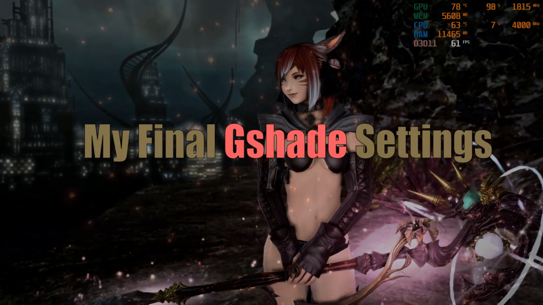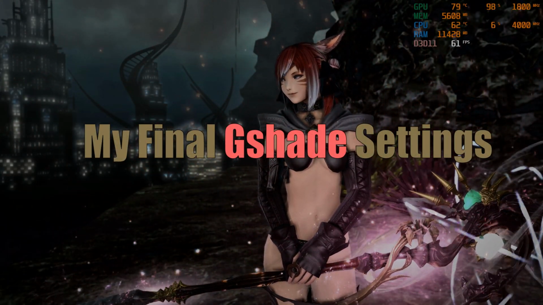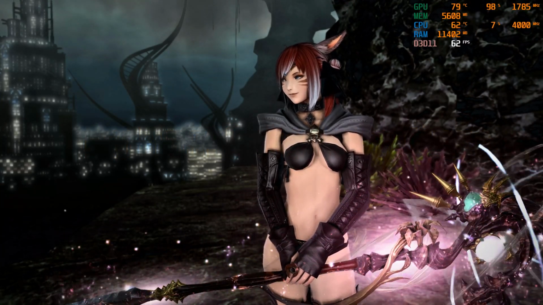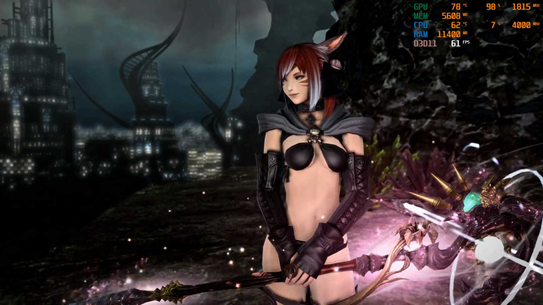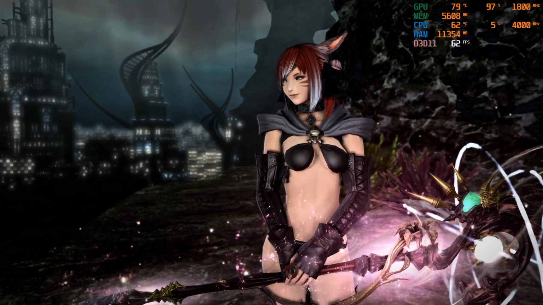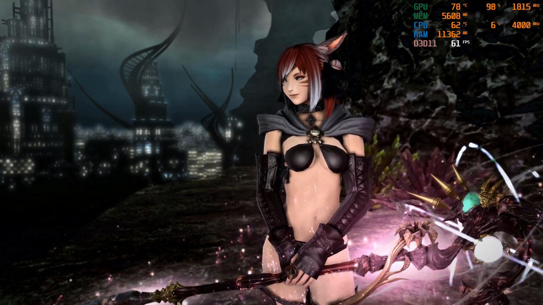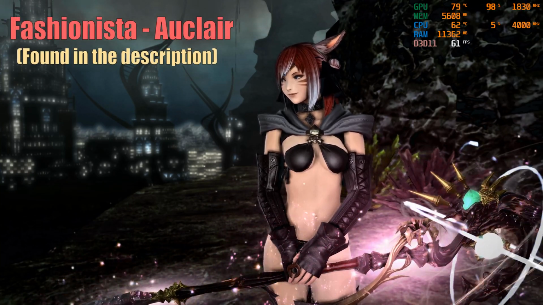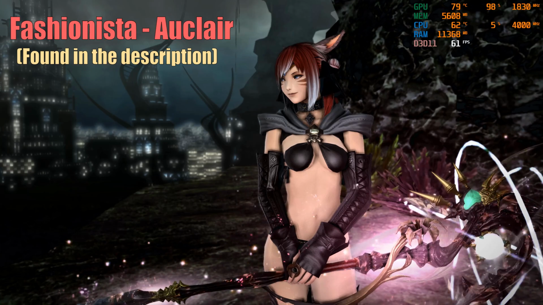Welcome to another video talking about Gshade and NVIDIA filters and how you can achieve the best overall visual appearance of Final Fantasy XIV with the help of these tools. First of all, I'm just right now using the Gshade preset Eclipe, which is customized or established by the fashionista